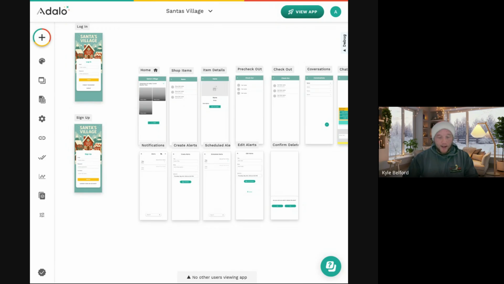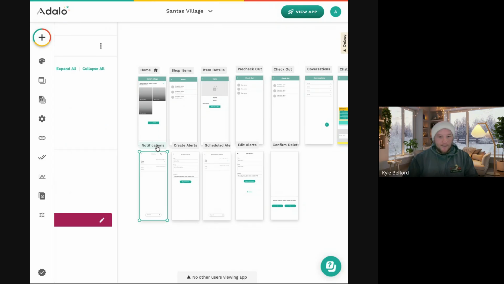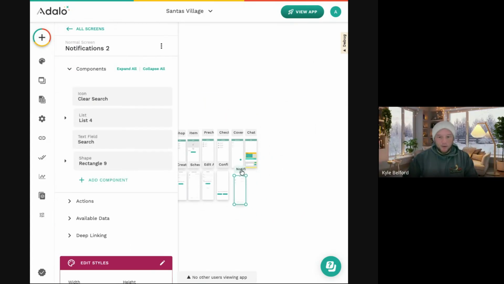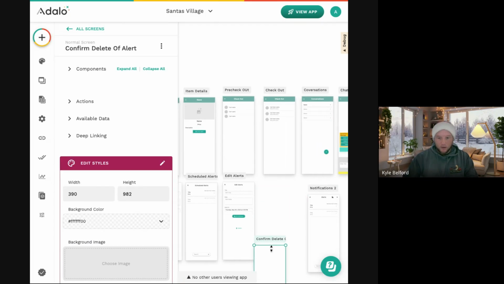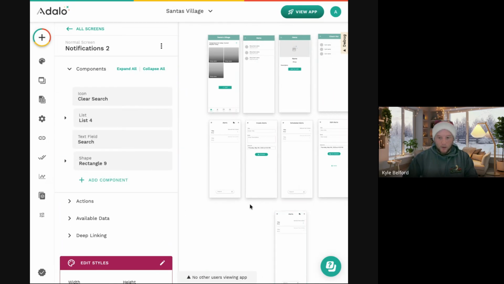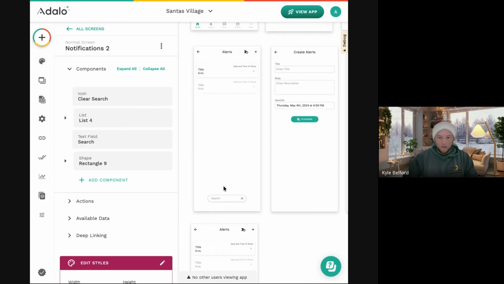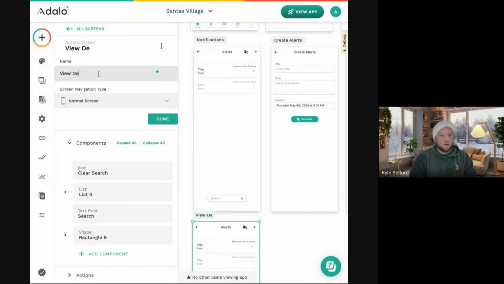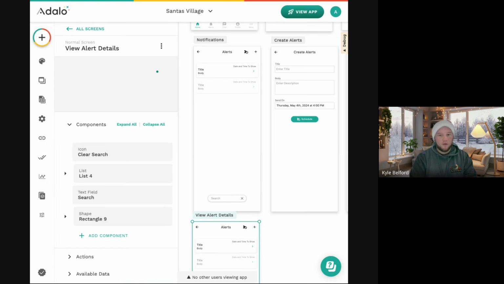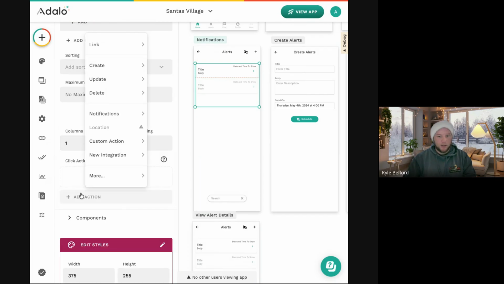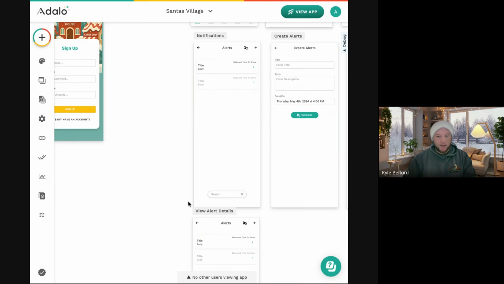Another thing you could do that I've done several times is we can create a screen that would allow users to just view the alert, and maybe we arrange this a little bit differently. And what we can do is we can add a screen so we can view details. View, let's do alert. So when I click here, we're going to click view alert details. And now I can come in here,